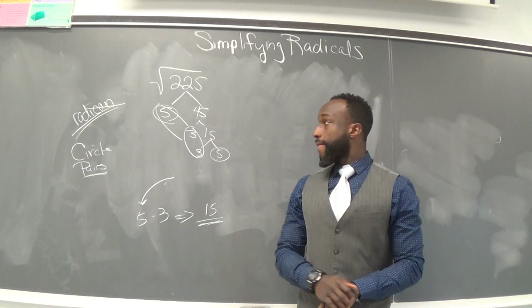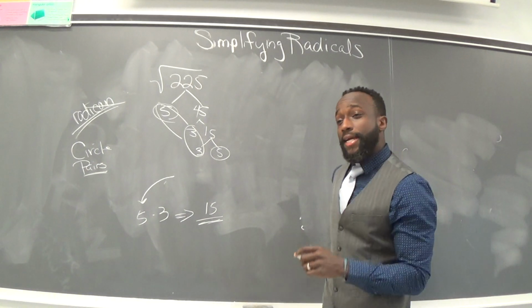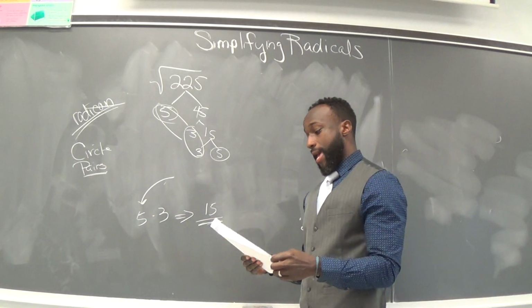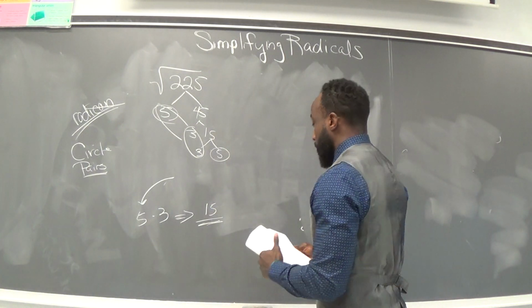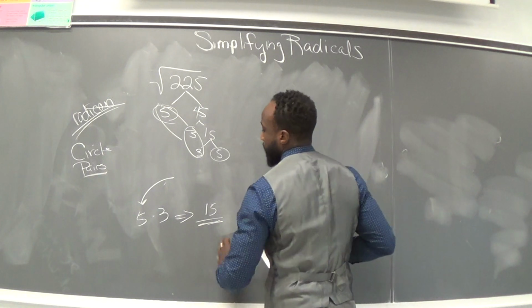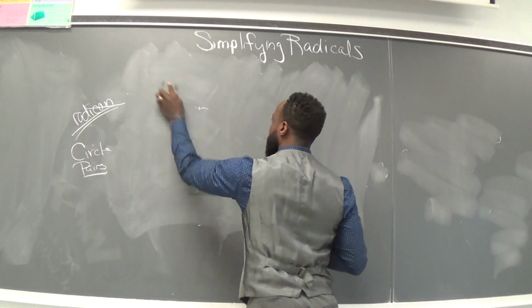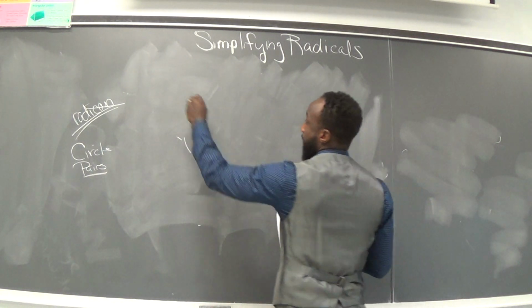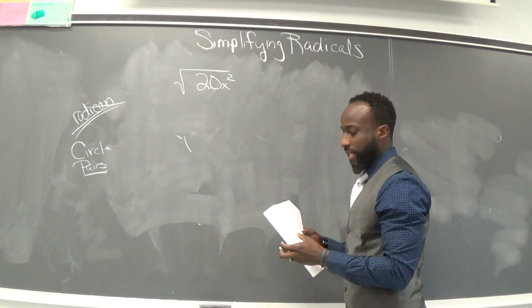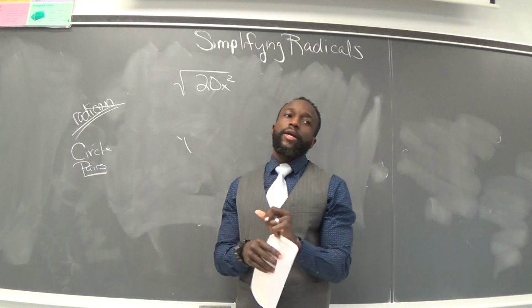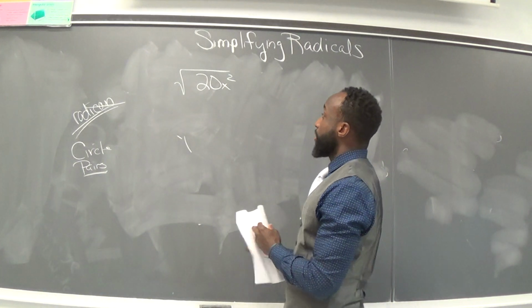Okay? All right. Now, let's look at the situation if we have a variable there. The same thing applies for a variable. So, for instance, we have the square root of 20x to the second power. Here's what I want you to grasp here. With variables,